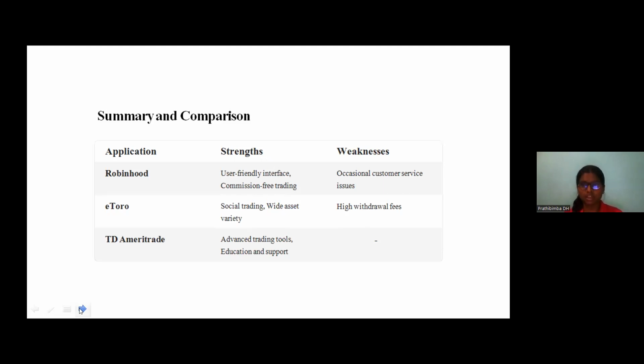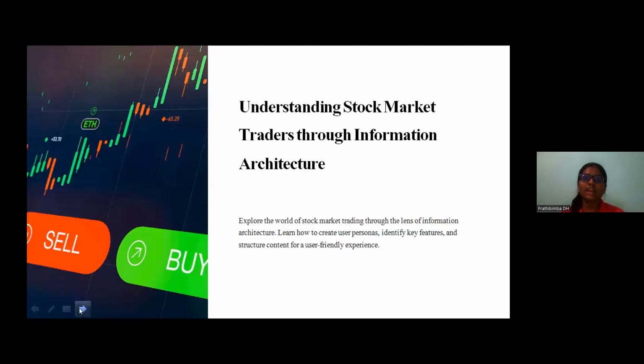And till now, there are no weaknesses for this company. So we can consider 3D is a very famous and very user friendly stock market trading application. And next we have to create an information architecture for the stock market trading application, where we have to consider